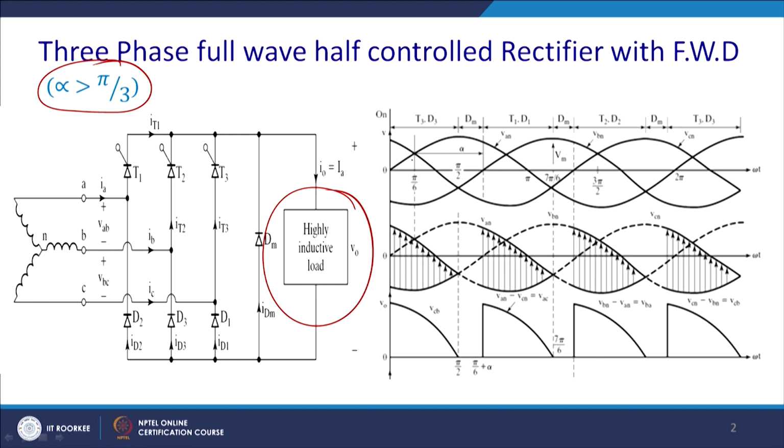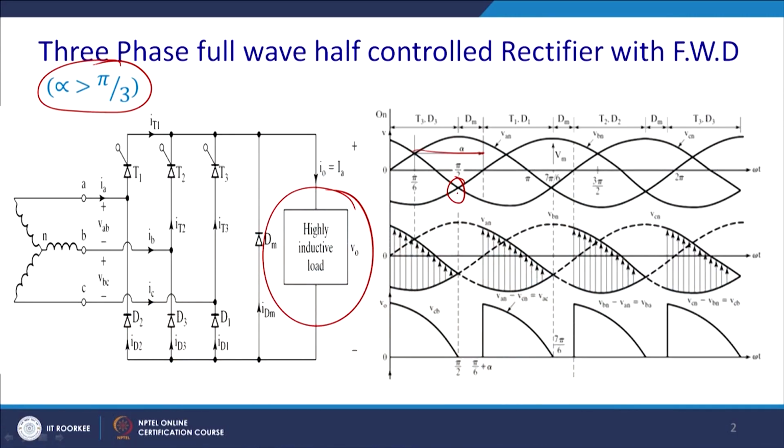So, we always start from the crossing of A and C from this point. It has been delayed by an angle more than pi by 3. Till this point, you can see that when this crossover takes place at pi by 2, then T3 and D3 conduct. After that, since this crossover takes place, B is no longer the most negative phase and it will be natural,